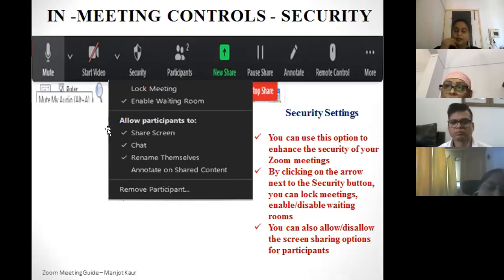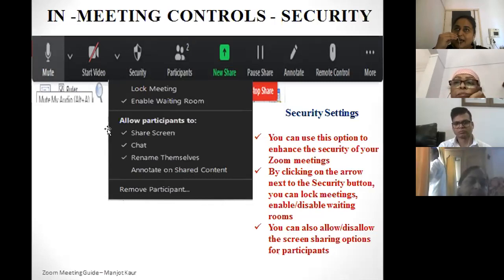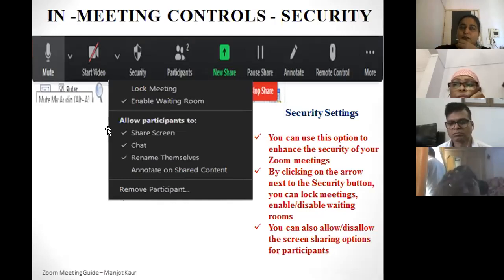Here, another good thing about the Zoom app is that all the participants of the meeting can share the screen, they can chat, they can rename themselves, they can annotate on the shared screen. So again, the teacher or the host can select whether they want all the participants to share the screens or only the host can share the screen.